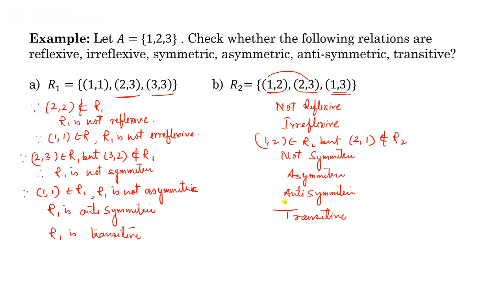In this way you can check whether a given relation is a particular kind of relation or not. And whenever you are going to show that a relation is a particular kind of relation, you have to give the complete justification and you have to prove it. While checking, you can simply give the justification, but if you have to prove it, then you have to prove it in a complete manner.